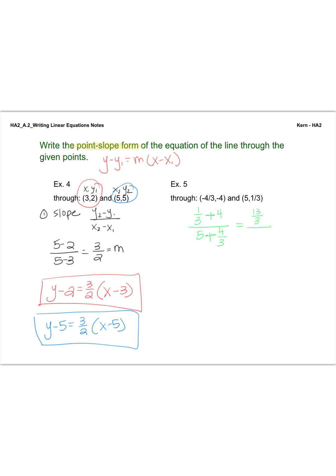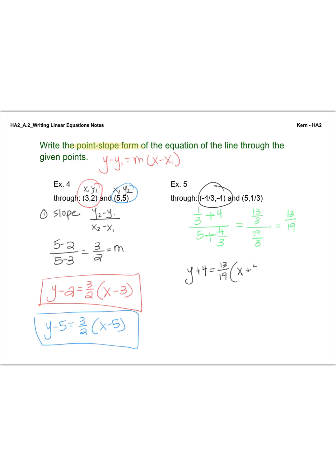13/3 over 19/3. So you should simplify that, of course. This simplifies to 13 over 19. So that's our slope. If we use this as our x1 and our y1, we'll have y plus 4, because you have minus and negative, equals 13 over 19,